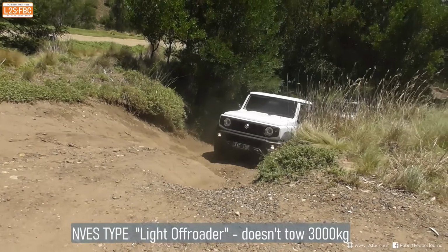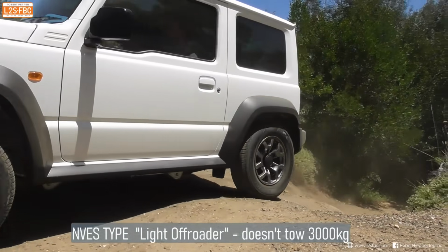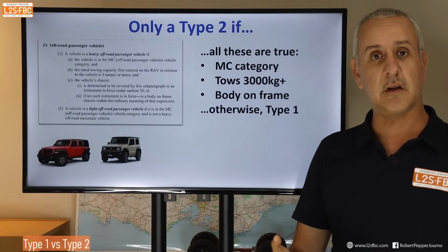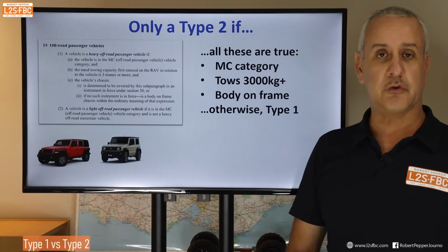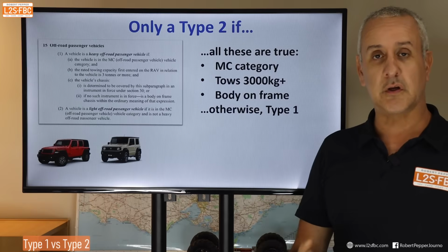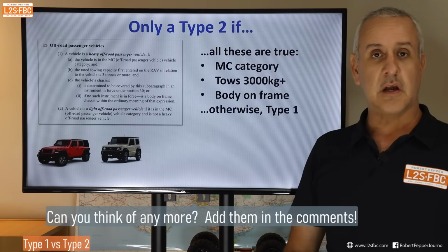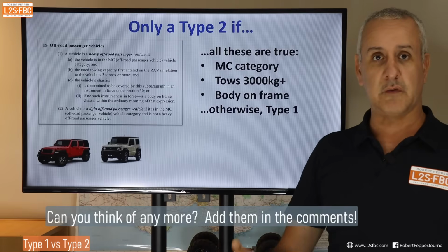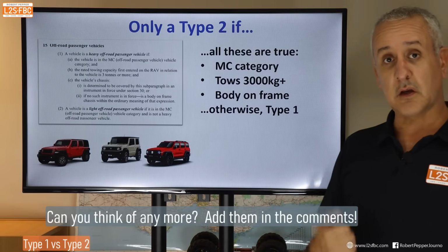Suzuki Jimny, again, that can't tow 3 tons, so it's a light off-roader. Now that literally is a light off-roader, but the problem is it is an unaerodynamic four-wheel drive which has a poor fuel consumption, not helped by the fact Suzuki have given it a prehistoric engine and a transmission which I think Noah used to drive the Ark. Tank 300, same sort of thing, can't tow